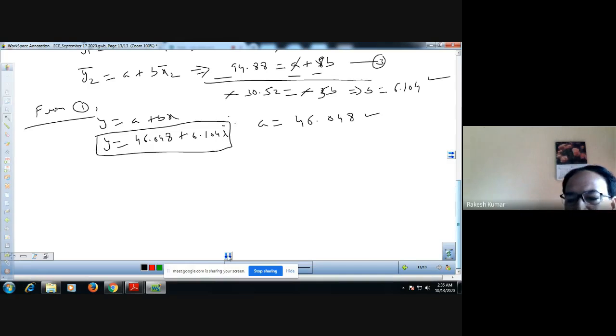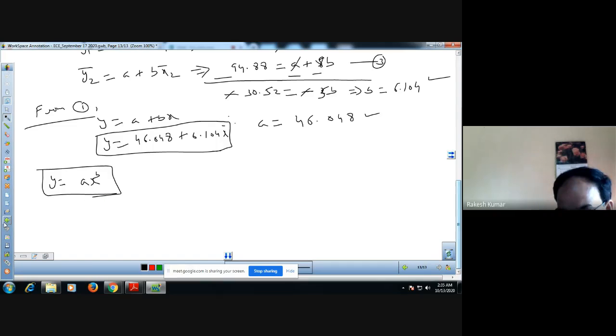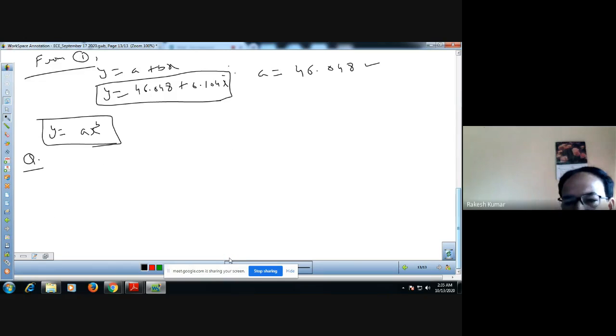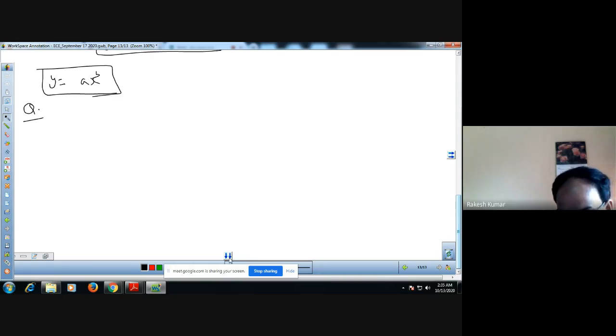Now we shall do the question related to exponential. Exponential equation will be of this type. So we shall fit the data for this exponential equation. So the question is, we have the data values. The x values are given and the y values are given. There are 8 x values given to us, that is 10, 20,